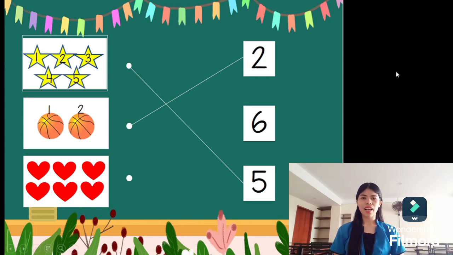Next, let's count how many objects are inside the box. 1, 2, 3, 4, 5, 6. We have 6 objects here. Now, let's connect to the number 6. Yes, this is the number 6.